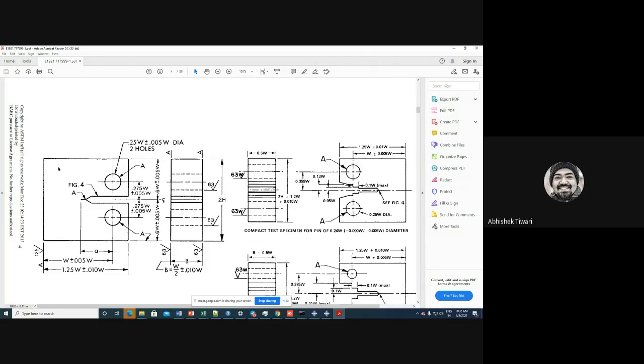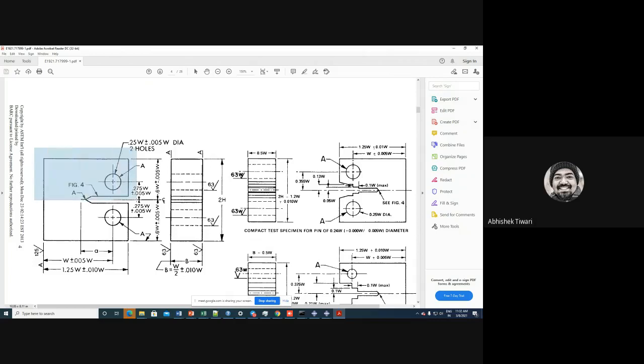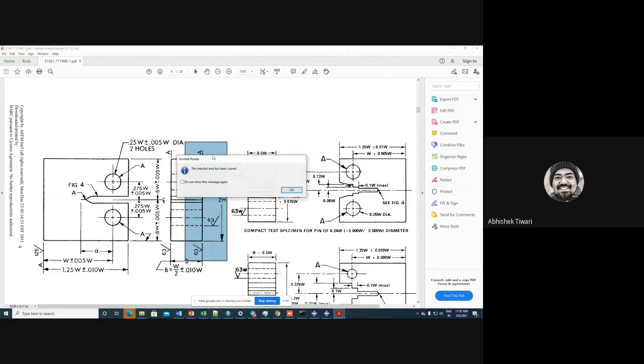So I'm modeling only half of it. How do I show it here? So you see, I'm modeling only half of it like this. Okay. Half of it, and also in the thickness direction, I'm modeling half. You understand? So I'm applying two different types of symmetries. Okay, so let us do that.